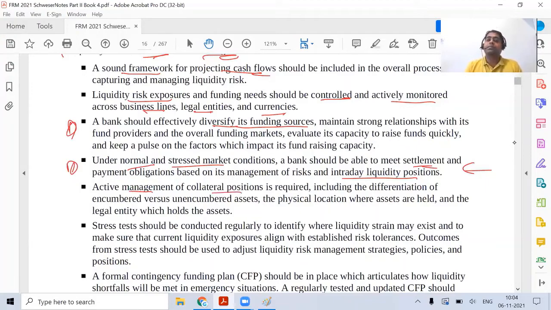Now, what does it mean? Suppose I have been entering into hundreds of trades where the collateral has to be used, where I have to give collateral or I will receive collateral. Now, you need to have a proper team to manage how effectively we can use collateral in different trades, so that we are able to minimize the liquidity need from our end and use it as a position to leverage the situation that has been given over here.